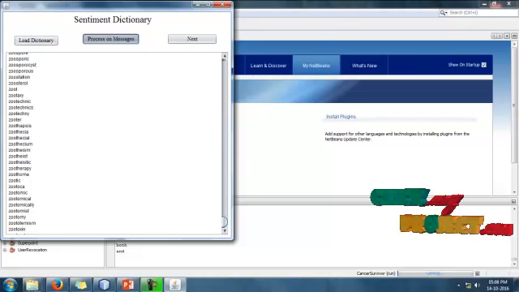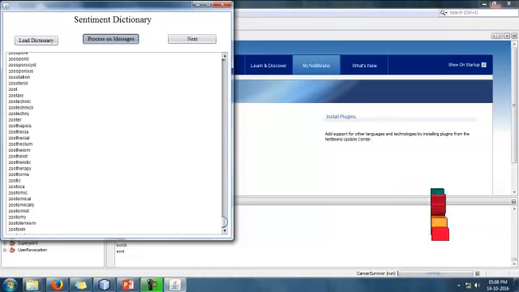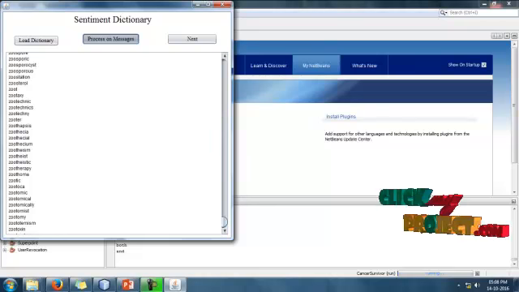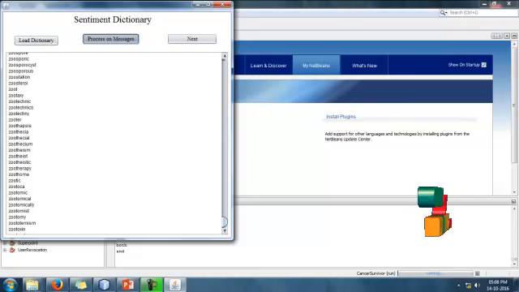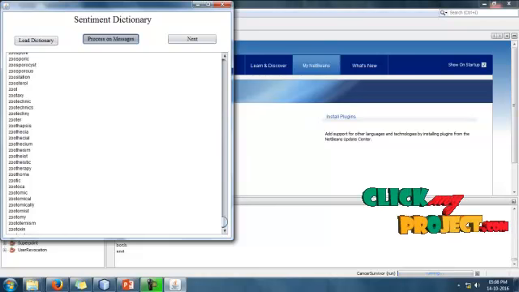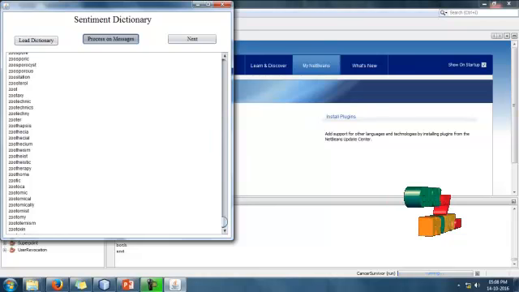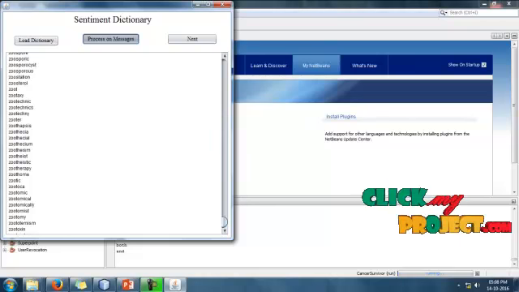We have to get the concurrent sentimental words from the messages. After clicking that, we get the sentimental words. Because it's a sentimental dictionary, we only get the adjective words from the messages.